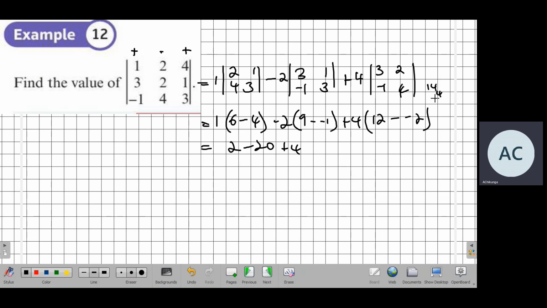Fourteen times 4, that's 6 carry 1, 56. Understood? Any questions? The difference between the minor